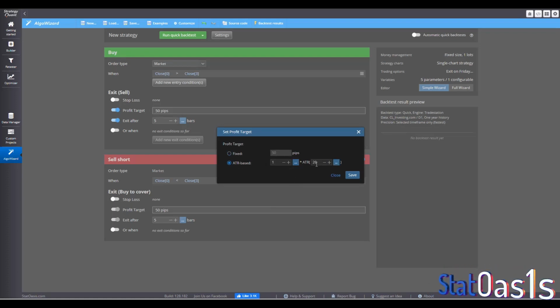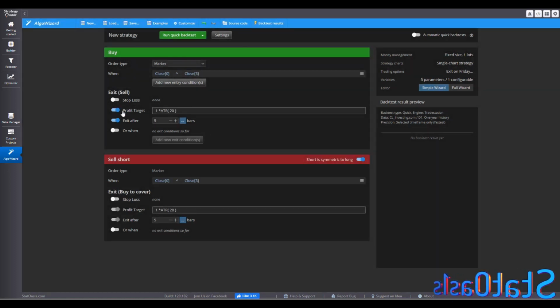ATR 20 is the average true range. So it will calculate the average true range of the last 20 bars and multiply it by 1. So if this is reached within 5 days, then it will exit. If not, then it will exit after 5 days. And again, you can see it's already picked it on the short sell side. And we can run a full back test,